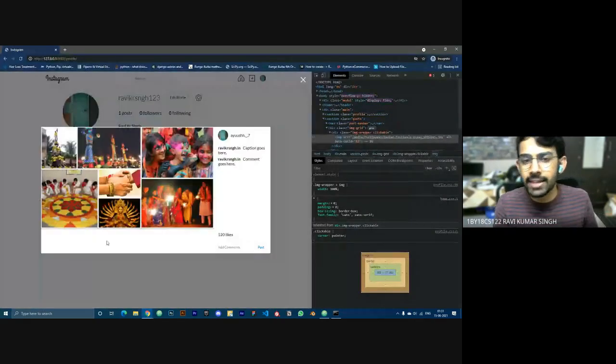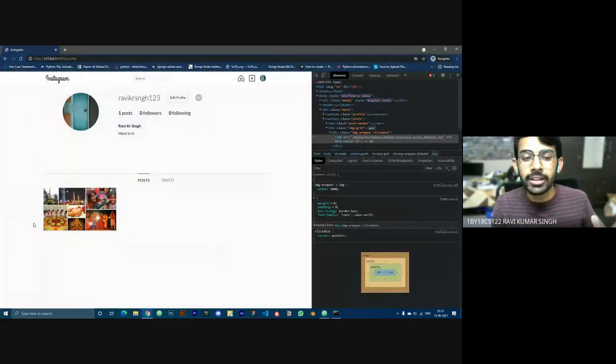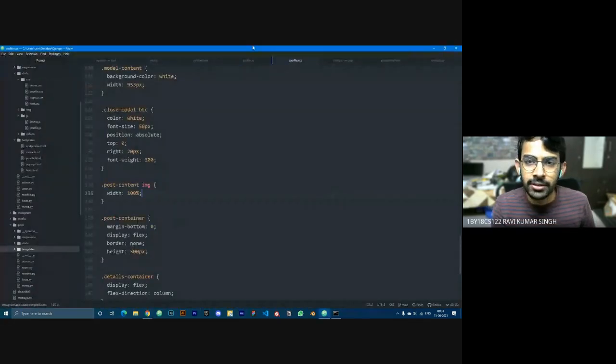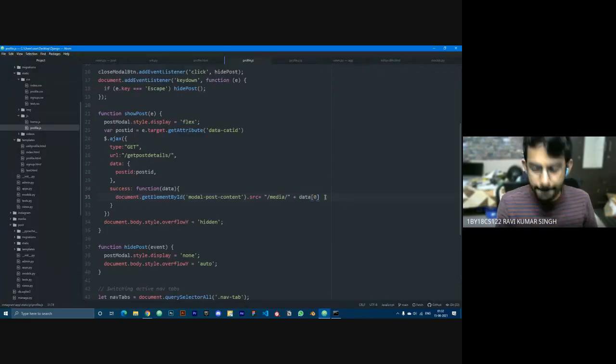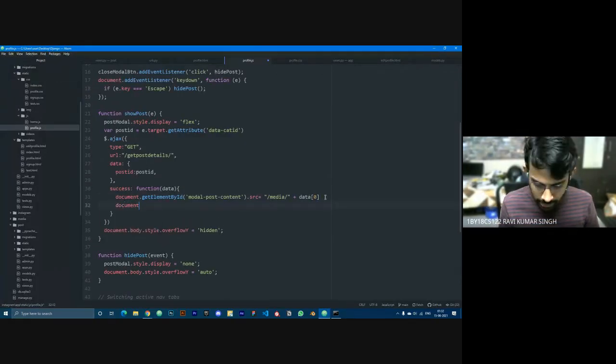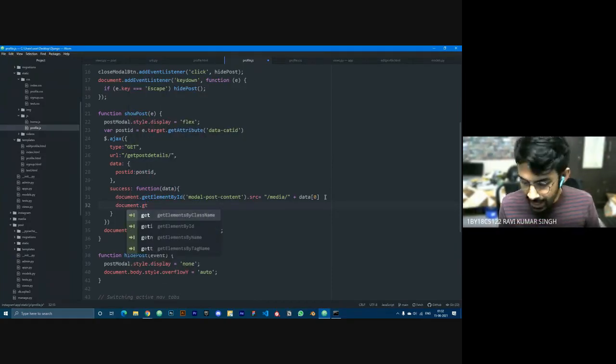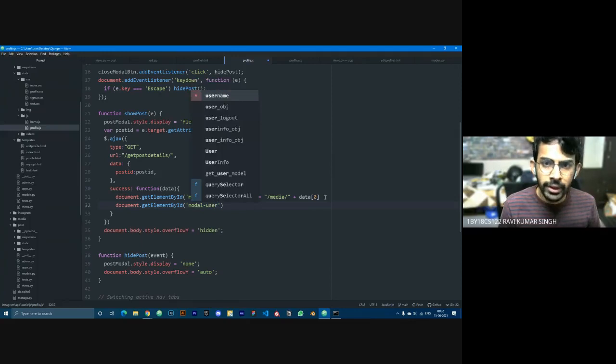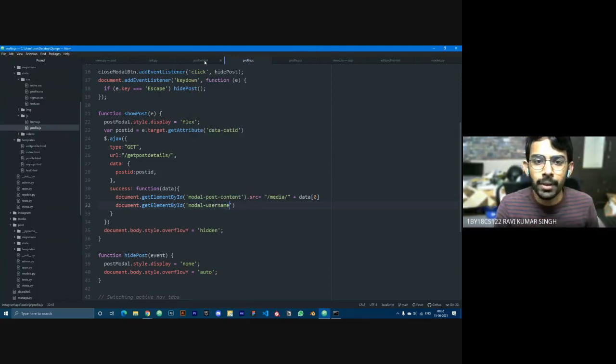So now whenever I click, the more important thing is the source of the image is getting changed, right? Now similarly I'll be changing the others also. So I'll write document.getElementById, modal, I guess it was modal username,